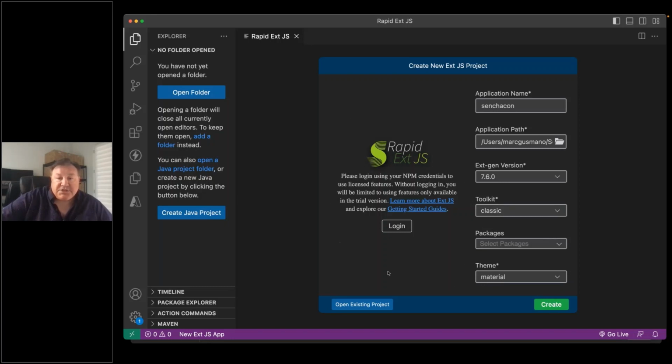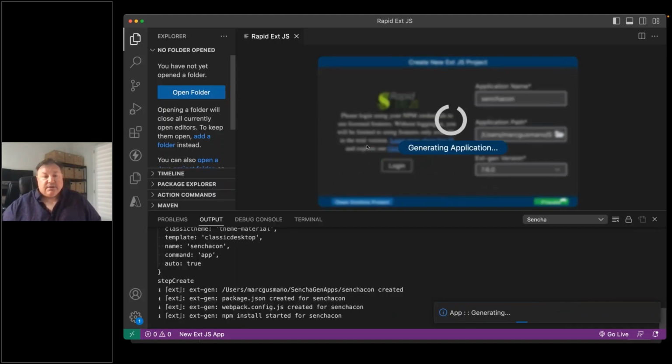A couple other things I'll mention about this before I click the Create button. You can also log in using your NPM credentials if you want to use licensed features. So if you've bought the premium edition and you have some of the premium components like D3 or Pivot Grid or things like that, you're going to want to log on to be able to access those. Those will also be delivered to you as NPM packages, because again, under the covers, we're using our ExtGen tool. You can open up an existing project. So if you've already created a project and you just want to go to that project, you can do that. But what I'm going to do here is I'm just going to go ahead and click create,